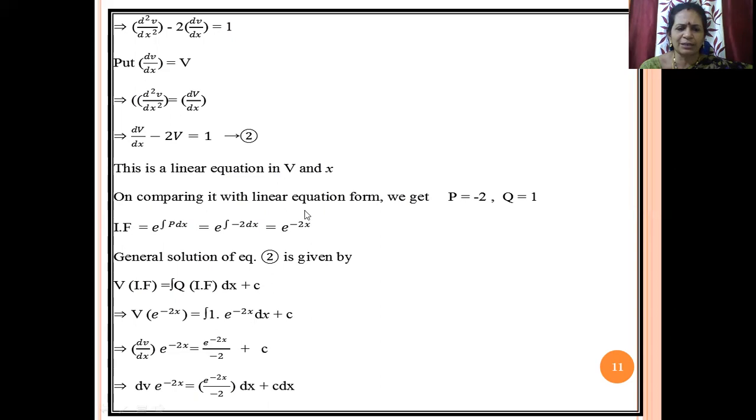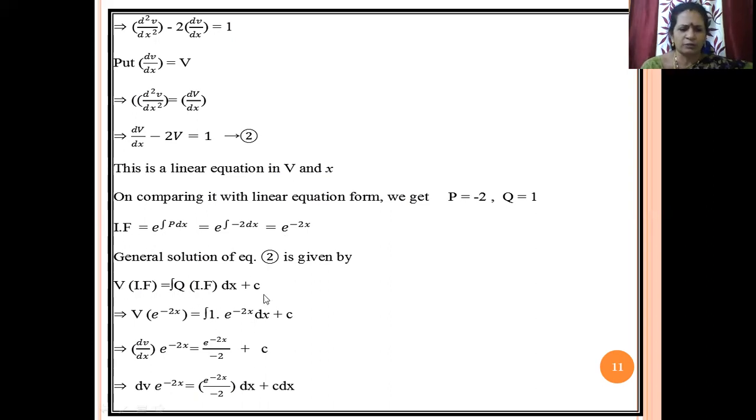So using P and Q, you can find out the integrating factor. The integrating factor formula is e power integral of P dx. Here P is equal to minus 2, so substitute P is equal to minus 2. The integral of minus 2 dx is minus 2x, so the integrating factor is e power minus 2x. Therefore the general solution of equation 2 is given by